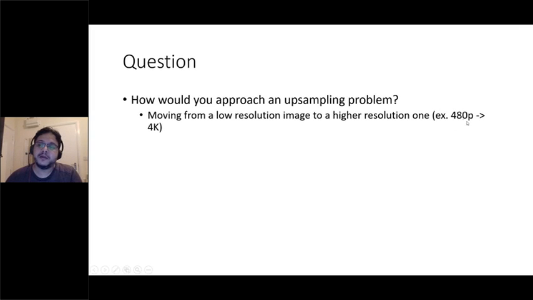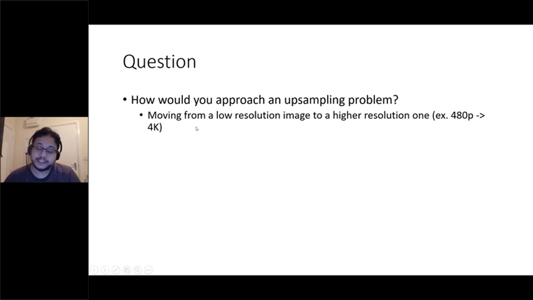Transforming an image that is 480p, a small image, into a 4K. If you have, for example, some types of TVs that are very expensive, you can see that they can transform your HD signal to 4K or even 8K now.